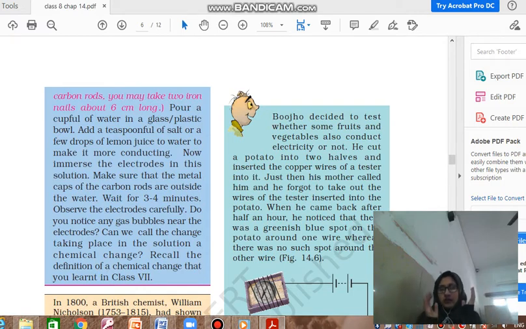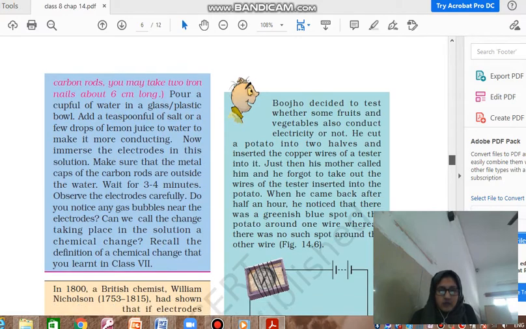Okay, one thing more: the liquid solution which you have used in the beaker is known as an electrolyte. So you have learned two new terms. Electrodes are the rods which are placed inside the water, and that water or liquid solution through which you conduct electricity is known as an electrolyte. Okay, so let's move on now.